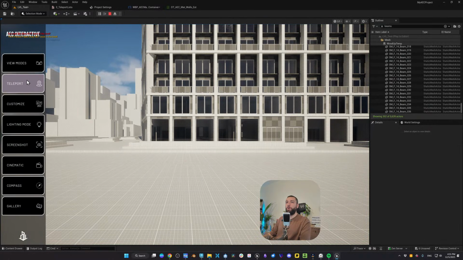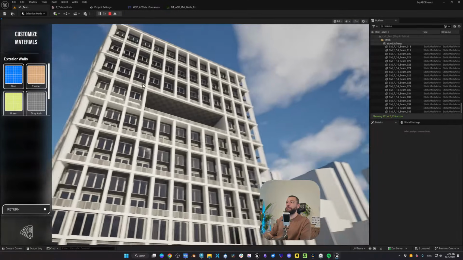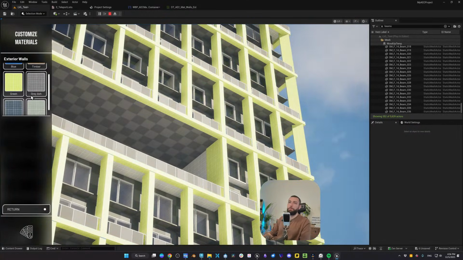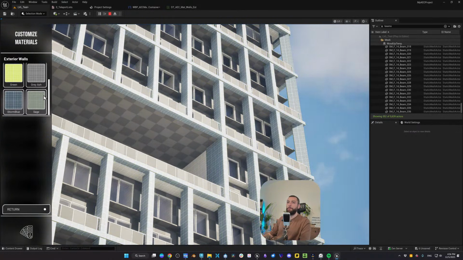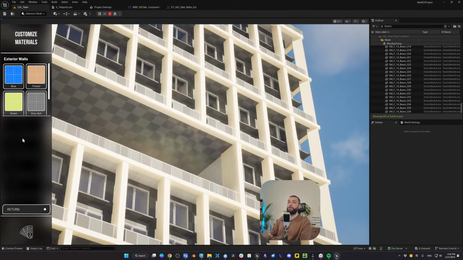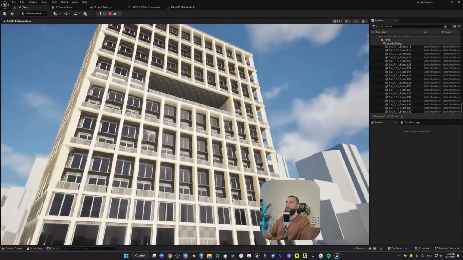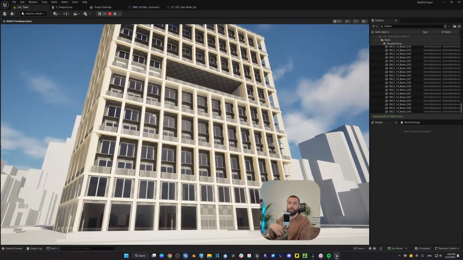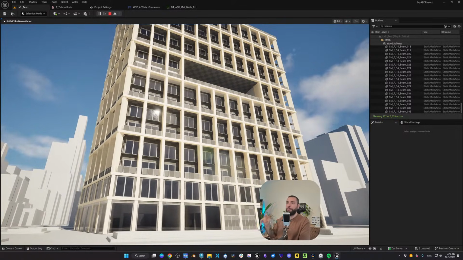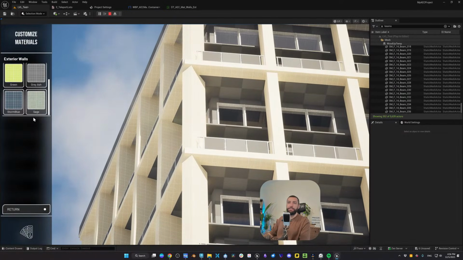So now if I click on customize, you will see this list, and notice when I change the beams, they will simply change now. So you can simply select all the objects that you want to customize, add a tag for them, add a list for them, and you're done. This is very easy to set up, and I think it's very nice to have something like this where you can easily customize hundreds, thousands, it doesn't matter how many objects that you want to customize with the system here.